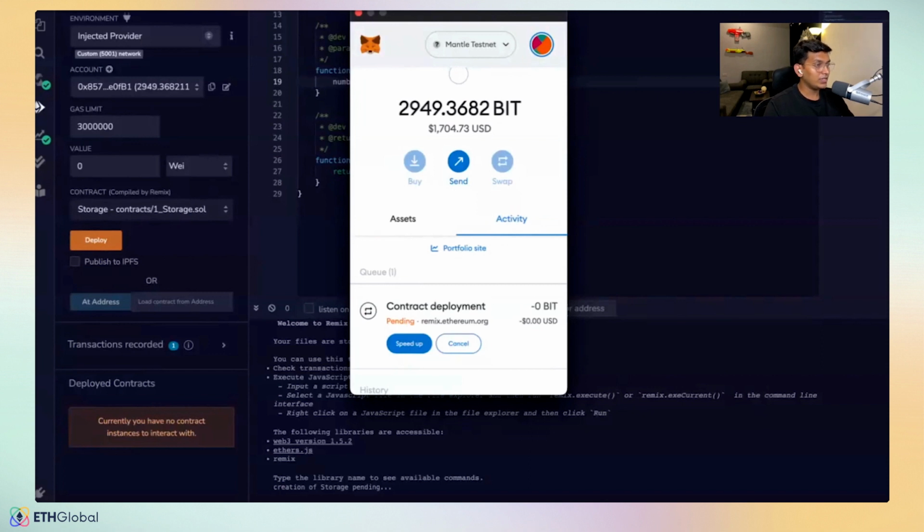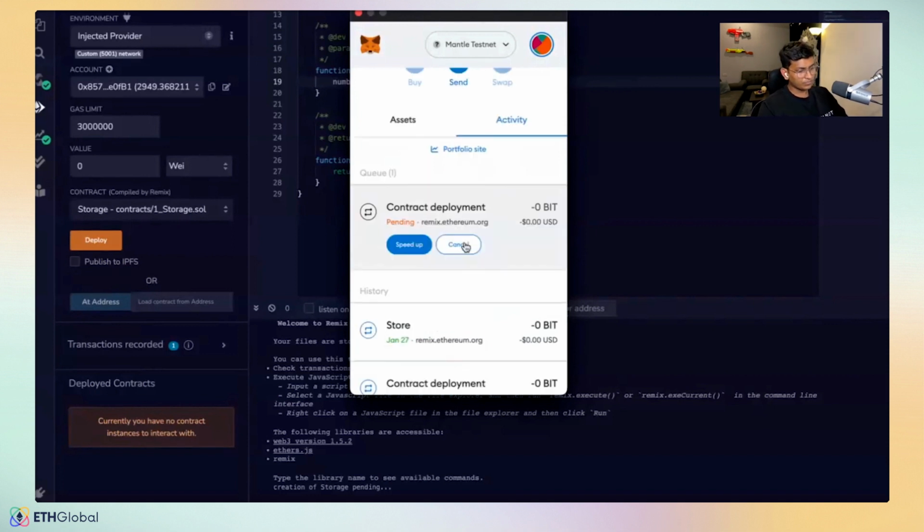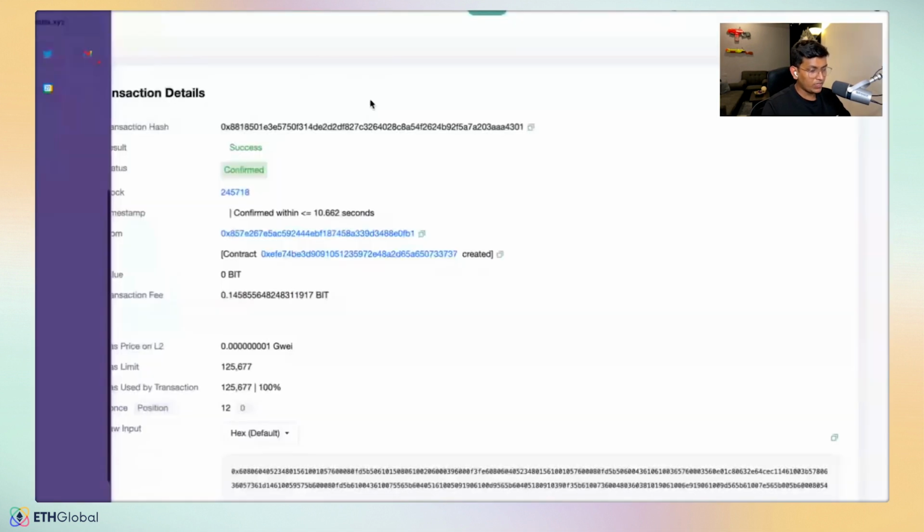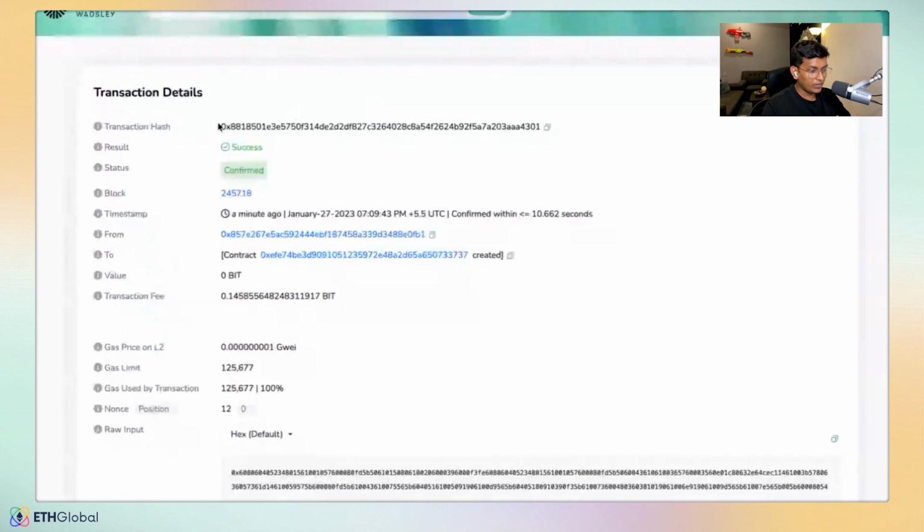But unless you sign the transaction, it wouldn't get deployed, right? You need to confirm the transaction on your MetaMask. You're still waiting for it to be deployed. By the time it is deployed, we can actually check our block explorer as to what is happening. Let me check it out. You can see we are directly going onto the Mantle testnet explorer, and oh yeah, so